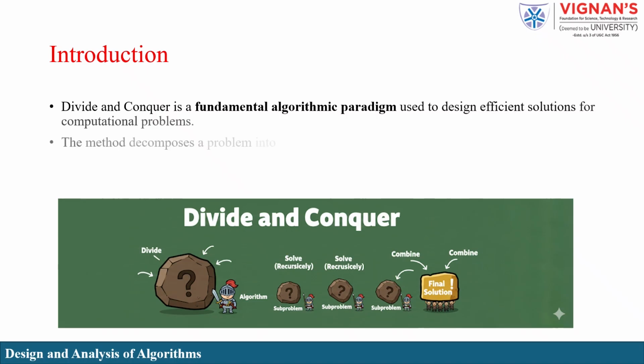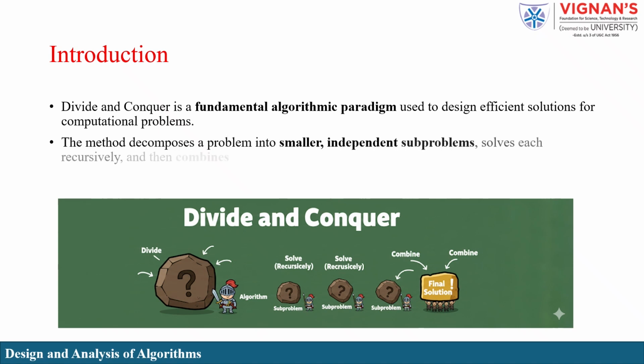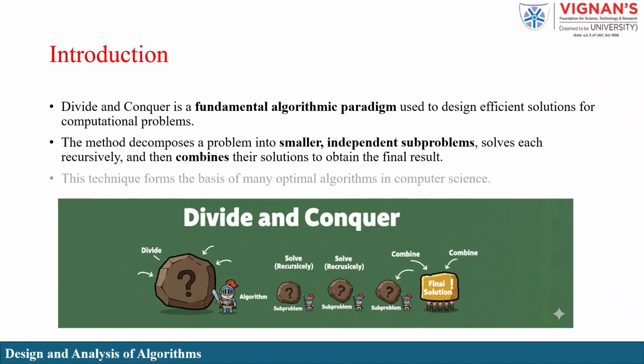This method works by decomposing a large problem into smaller, independent subproblems. Each of these subproblems is then solved recursively, often using the exact same strategy. Once the subproblems are solved, their results are combined to form the final solution to the original problem. This simple yet powerful approach forms the basis of many optimal algorithms in computer science, such as merge sort, quicksort,